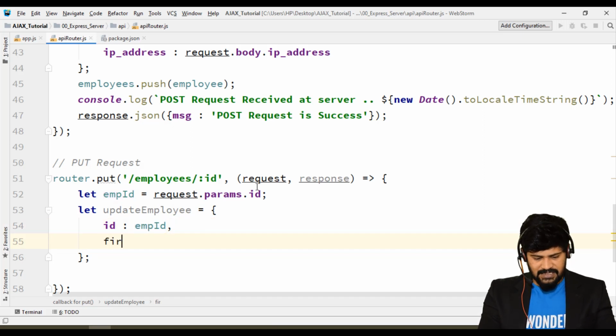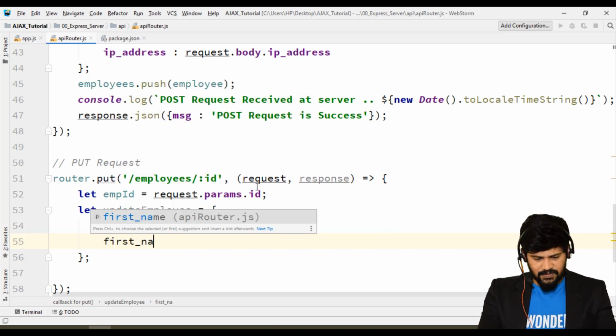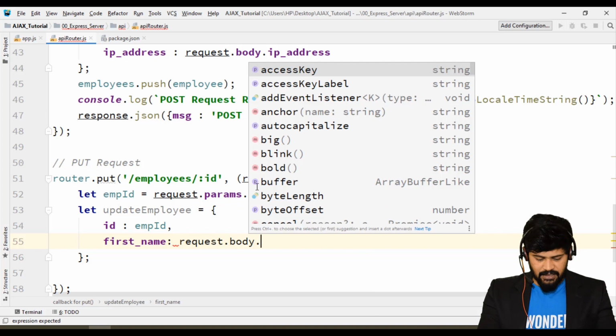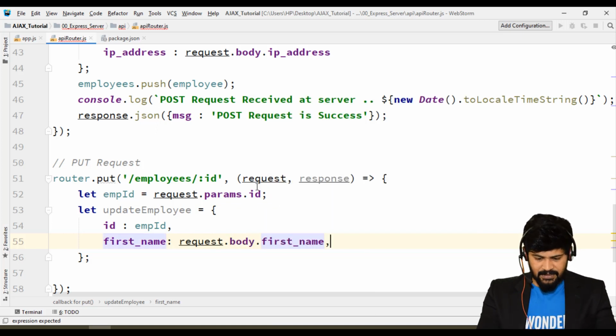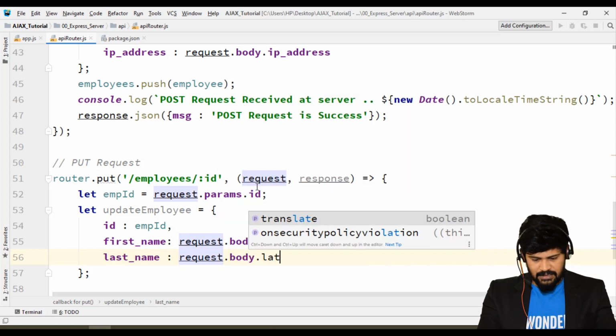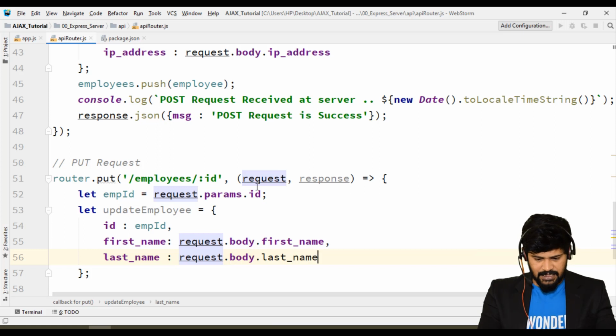And how to get the first name? First name you will get from the form submission. So how to get form data is request dot body dot firstName, and last name is going to be request dot body dot lastName.